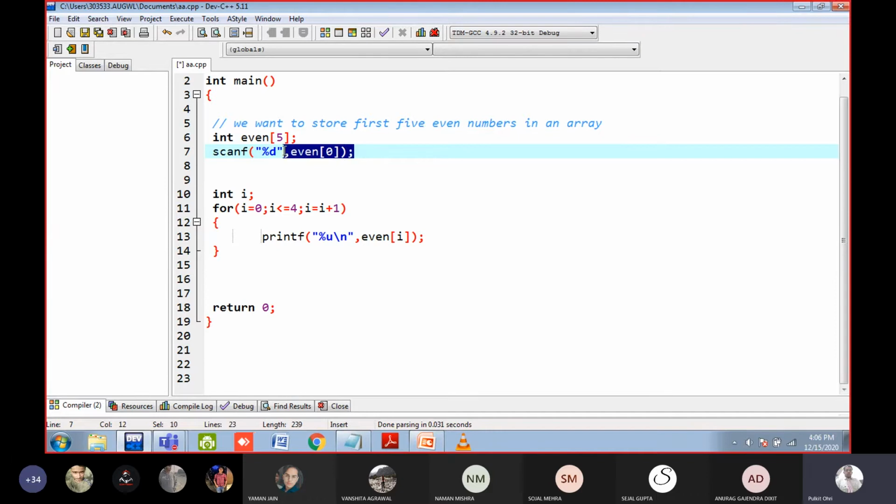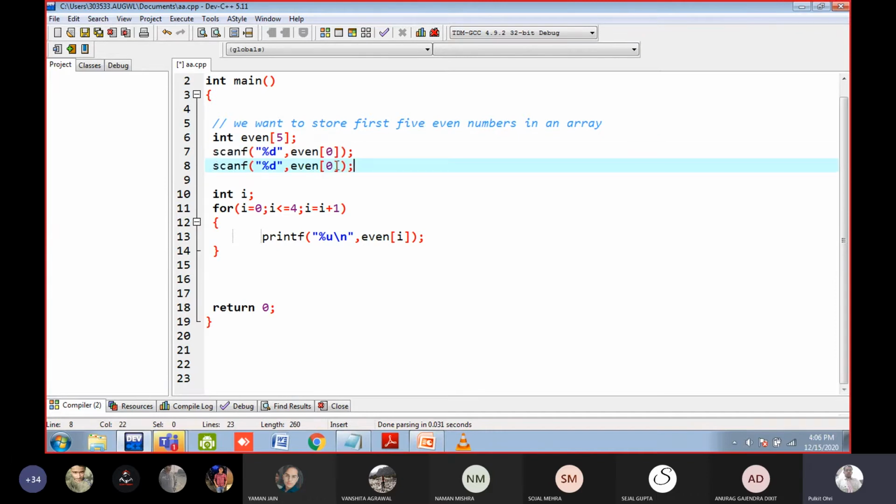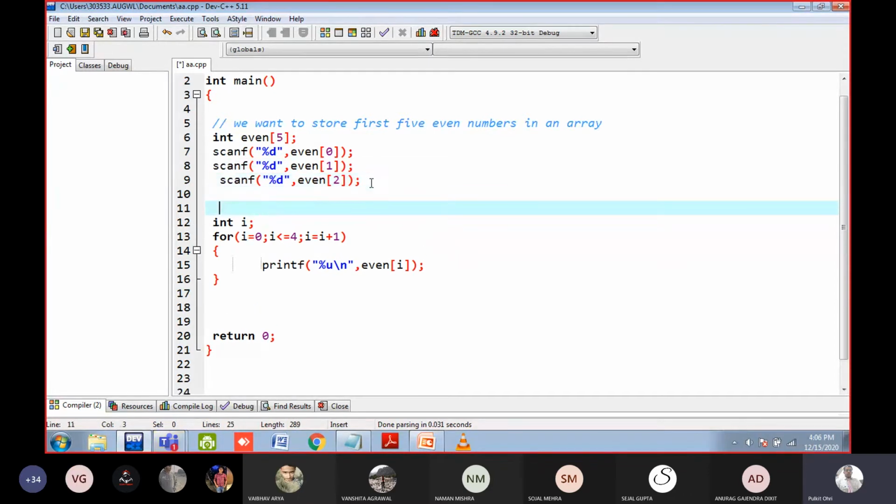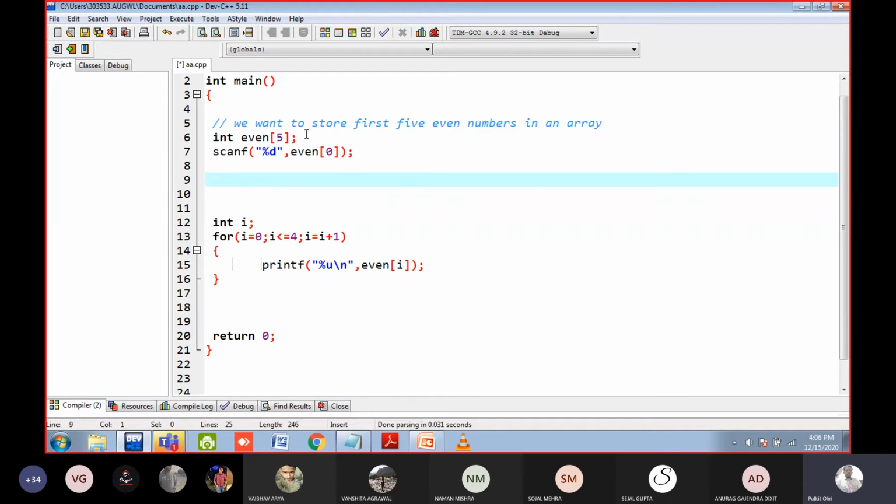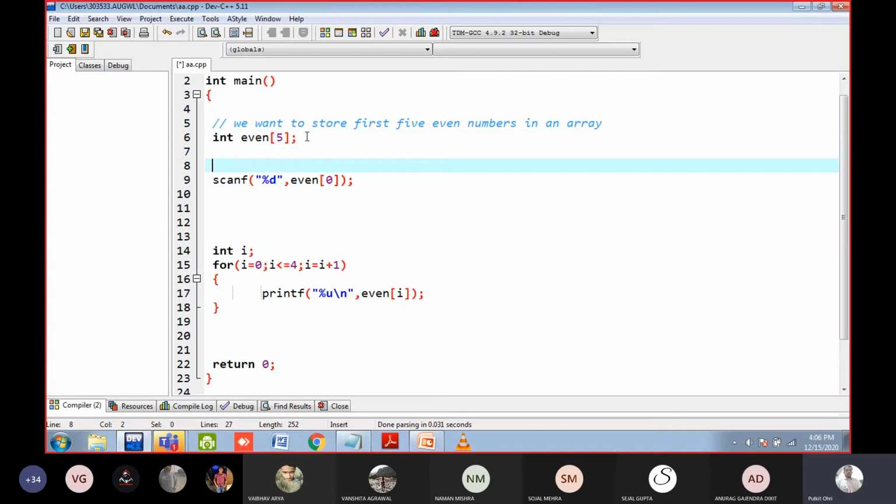Okay, if we do this, we have to write this statement 5 times. So that is not a good thing. Here we will write 1, then we will write 2 here, then 3, then 4. Means we will read one number, we will store it in the 0th location, then we will read another number, we will store it in another location, like this. Okay, so instead of using this, simply use a loop now. Create a for loop. Int j, let us write.